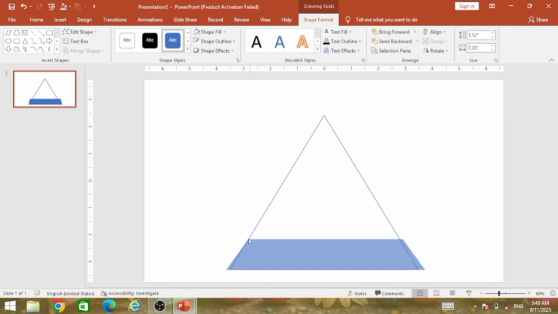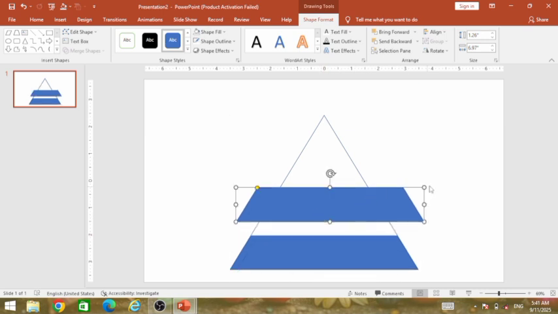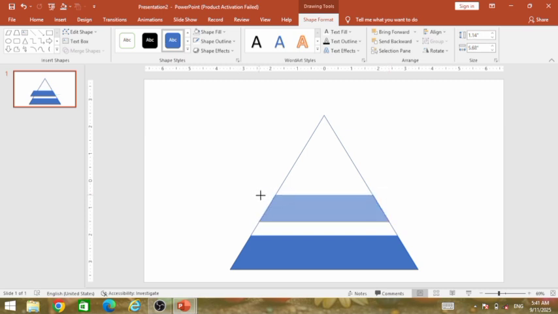Click on yellow dot and make it this kind, and from here and just like this, and from here make it this kind. Now let me make it duplicate and place it here. Let me adjust from here like this, make it again duplicate and place it here. Let me make it this kind also,